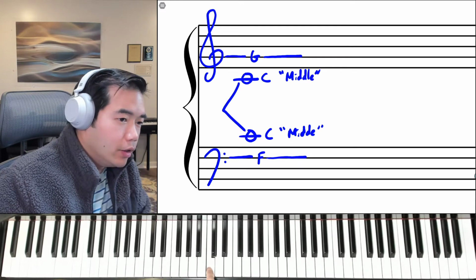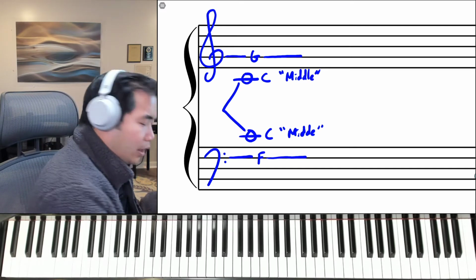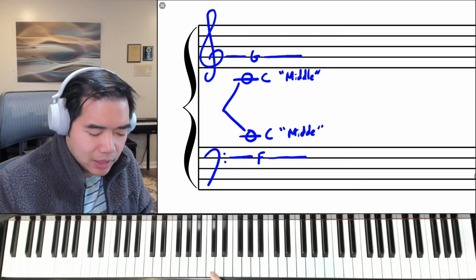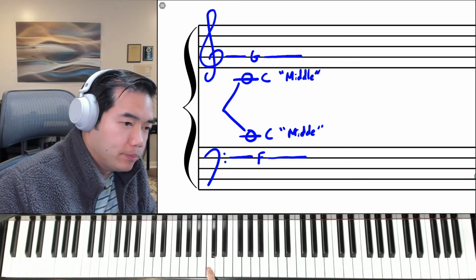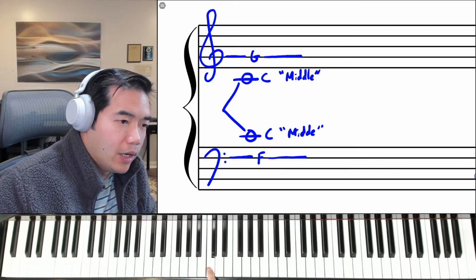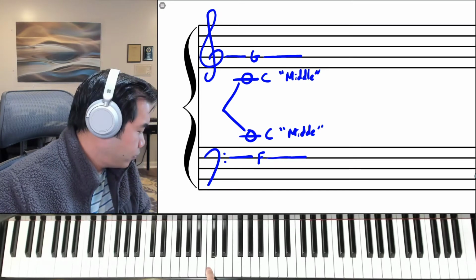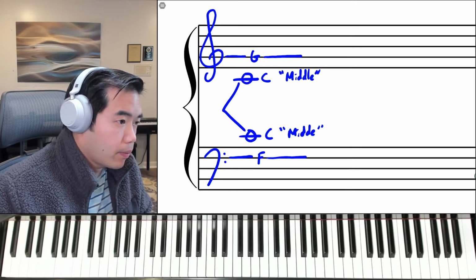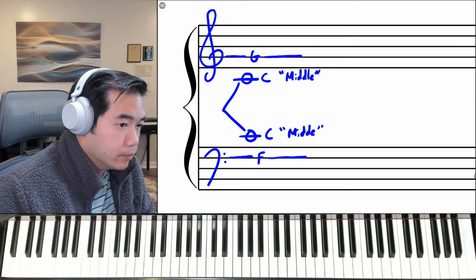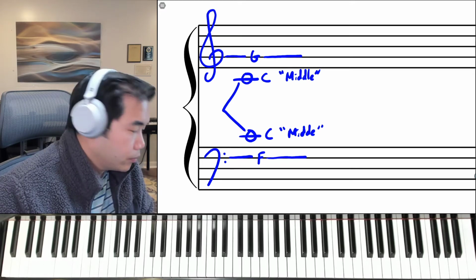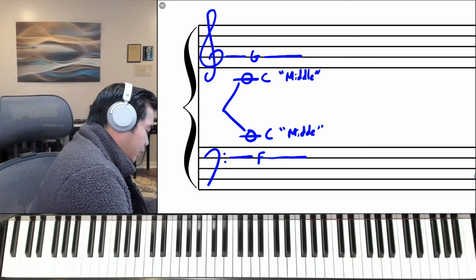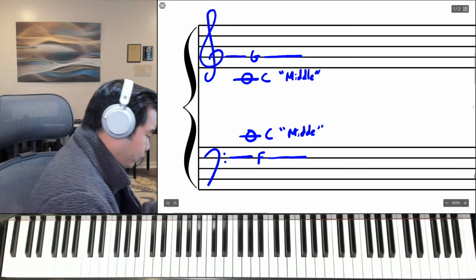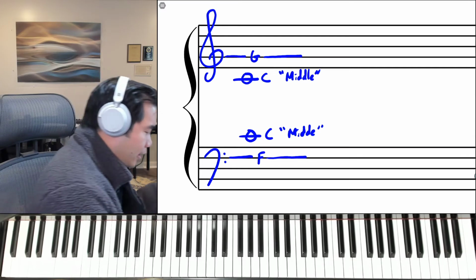It doesn't matter if it's written like the middle C in the treble clef or the middle C in the bass clef. You will always play this C when you see that C. Follow? That's correct. That's correct. Very good. Okay. All right. Now,